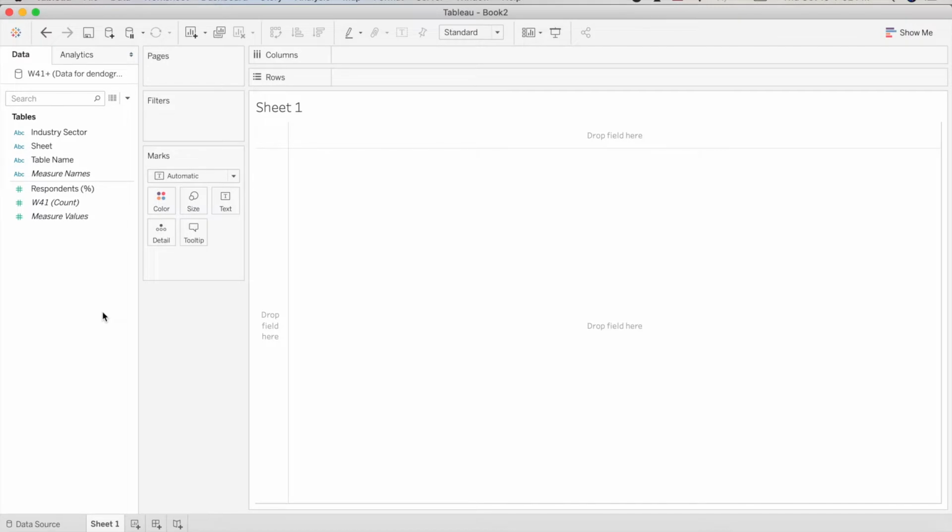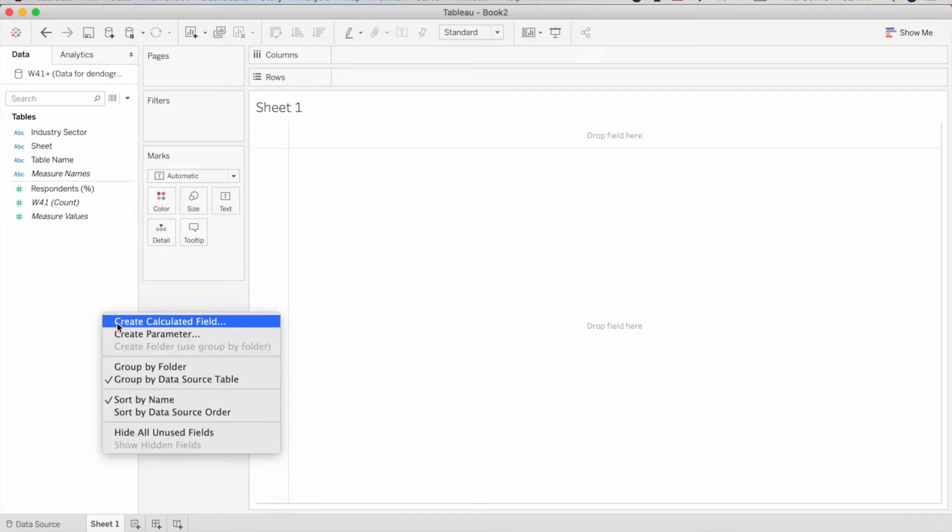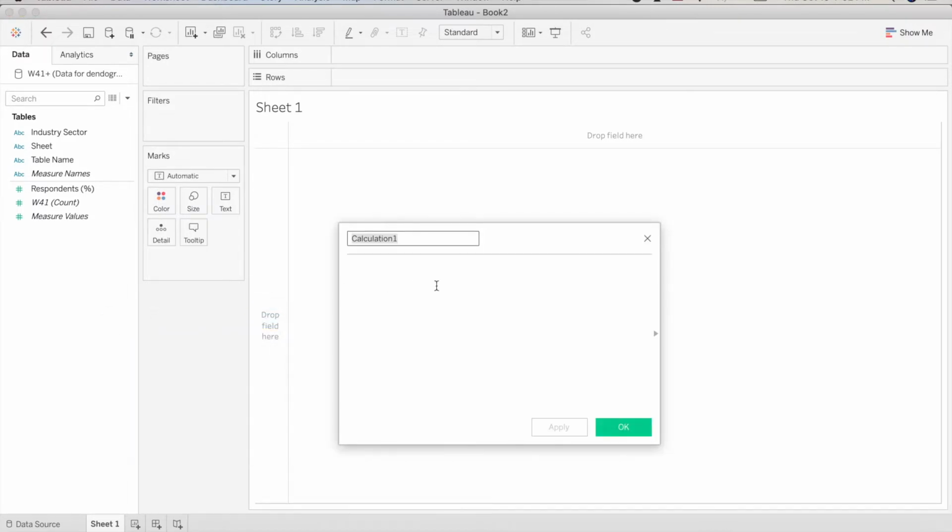Now let's create our first calculated field that we would be needing to create a path. So let's call it calc for path.